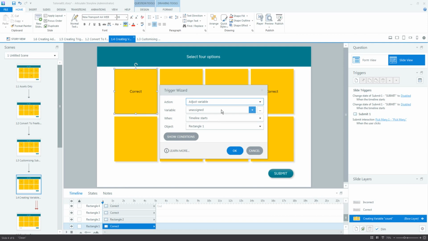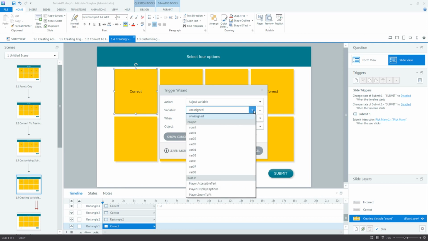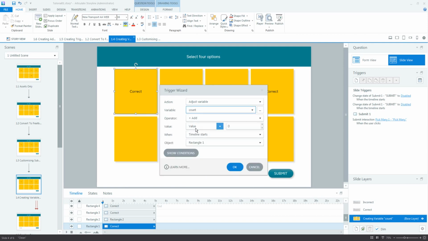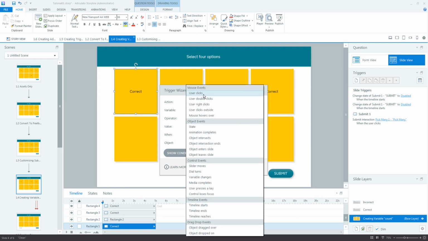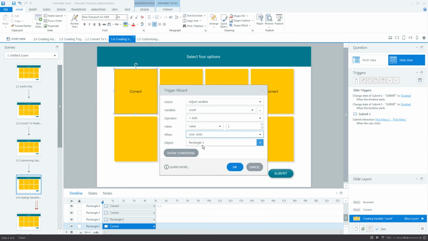The variable that we are adjusting is the one we've just created, variable count. The way we are adjusting the variable is we're adding 1 to it. And this is going to happen when the user clicks on rectangle 1. So the principle is when the user clicks on rectangle 1, the value of count goes up by 1.